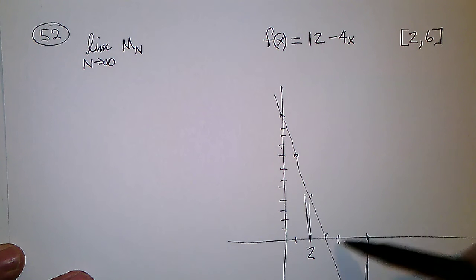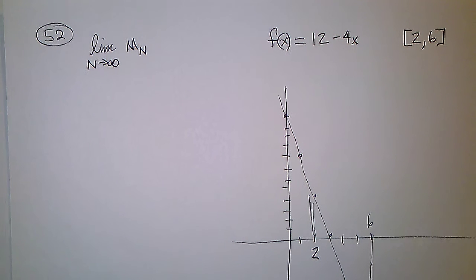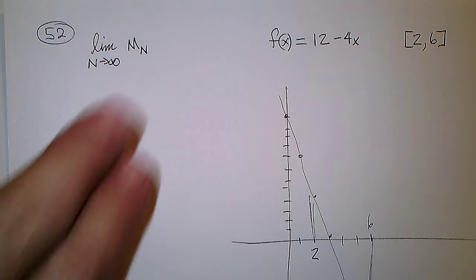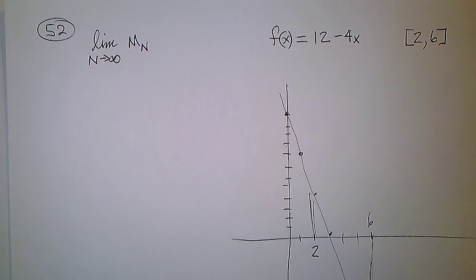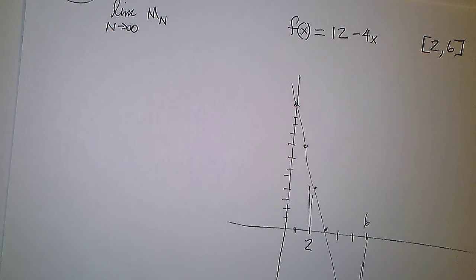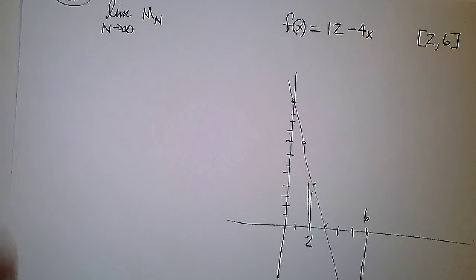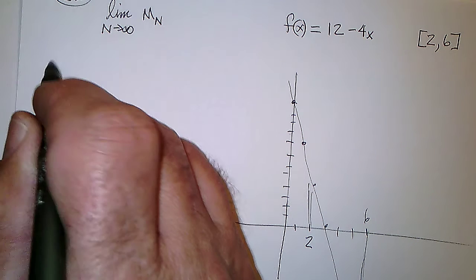Two, 3, 4, 5, 6. And we're supposed to do the midpoint. Make sure I got that written down right. Quick check. 52. Yeah. Okay, so to do the midpoint,